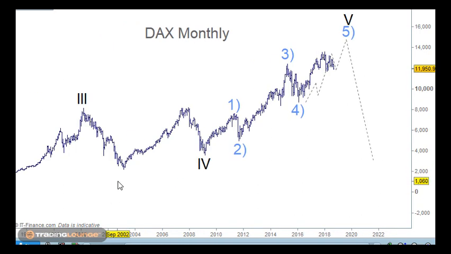Welcome to Trading Lounge and the European Indices, starting with the DAX here on the monthly chart, because I wanted to have a look at the AEX, the FTSE and the MIB also on the monthly chart. One of the things I wanted to point out is that in this market we can look at this as the A wave, the B wave and the C wave. We can also see that this particular low is not lower here for an ABC,